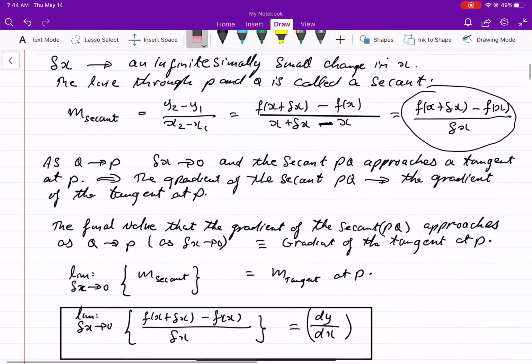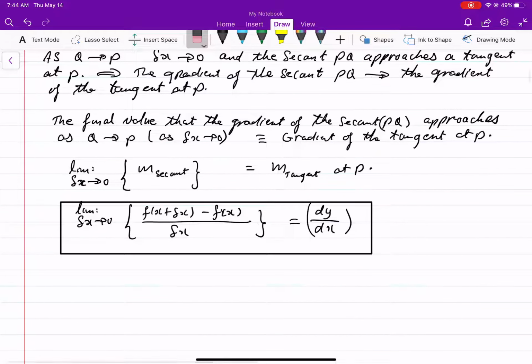How do you find the gradient of a tangent to a curve at a point? dy dx. All right. Now, obviously, they're not going to ask you to prove this, very unlikely. If for some strange reason they ask you, anyway, it's supposedly multiple choice, but just in the event that the